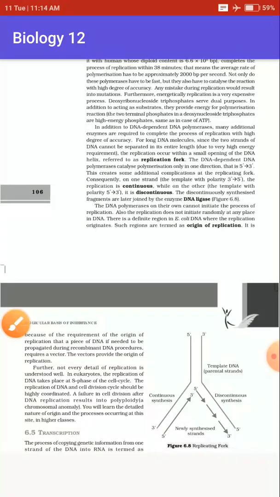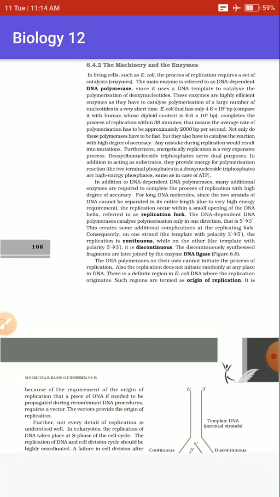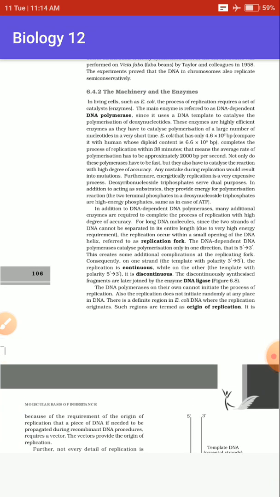Further discussing the replication process, a small thing is to be understood about it: how the replication initiates, what are the things that help in this replication, can the replication process take place anywhere in the DNA, and will the strands that are produced by the replication carry all the information of genes, or the genetic information that the DNA has.